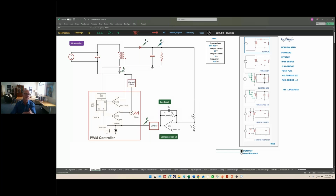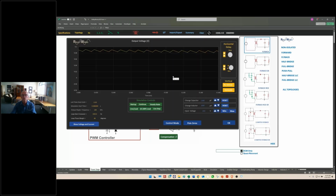I've got to get it deeper into discontinuous mode to bring the gain back up. So I have to reduce the size of the inductor. Okay, each time I reduce that, let's see, the output voltage starts climbing. So continue. Okay, now it's at 11.6. Continue. Continue one more time, and now we're back at regulation here with 1.2